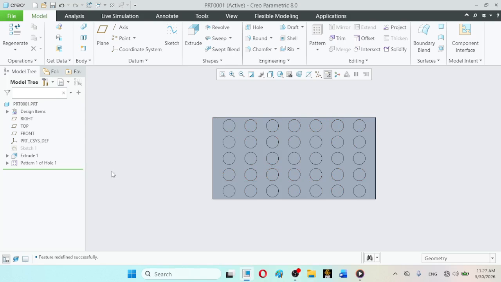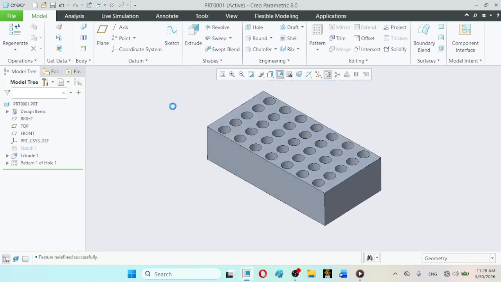So let us now demonstrate the next type of rectangular pattern. Remember, the original feature which is to be patterned actually becomes an inherent part of the pattern. So what you can do is just undo it.